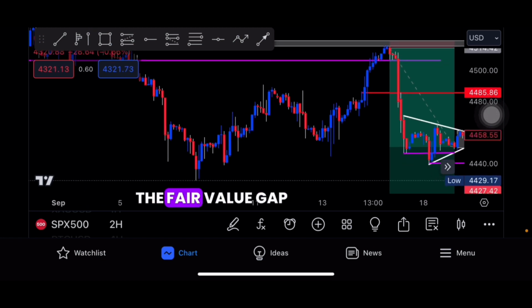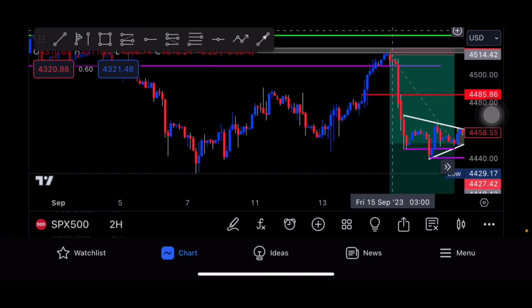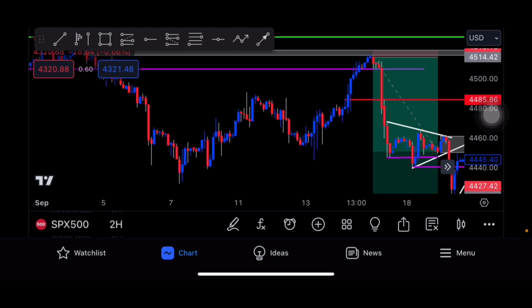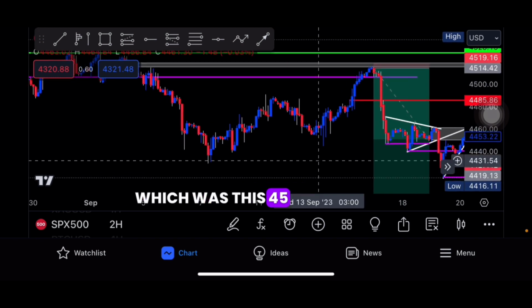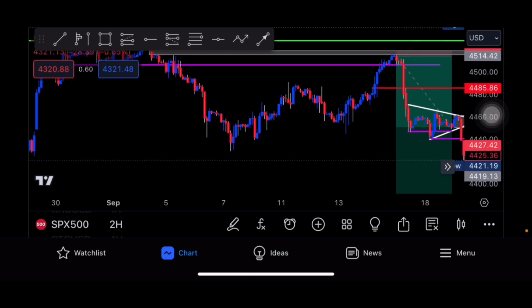So we got the retracement back to the fair value gap, and I immediately sent the signal at 45.15, and my stop loss was 45.16, 50 area. And as you can see, we had no drawdown, literally. And I knew that we had 2 impulse areas that we could target for our main take profits, which was this 45, 35, and 30 area, and the main area from the first breakout of the trend line on the